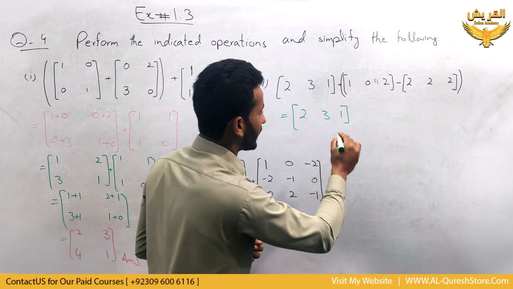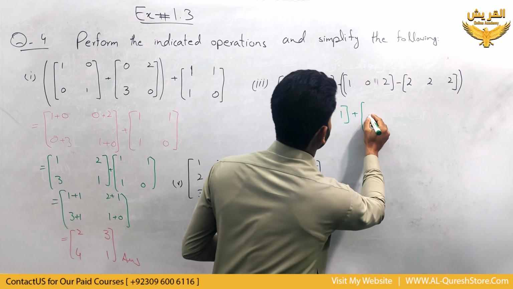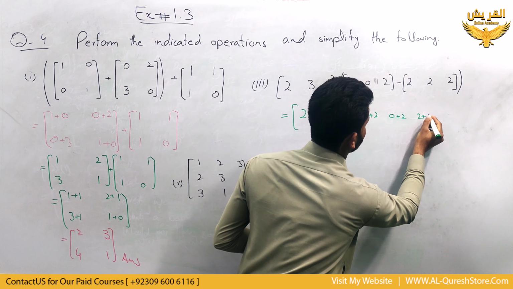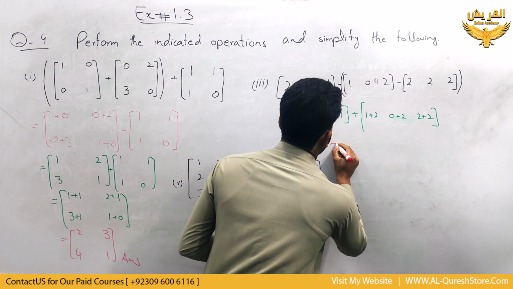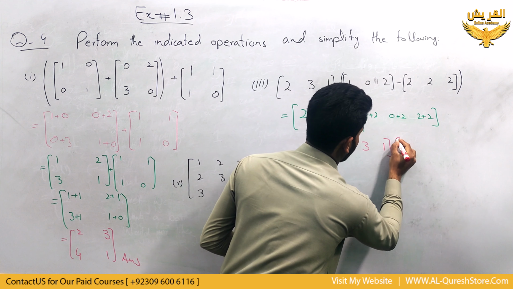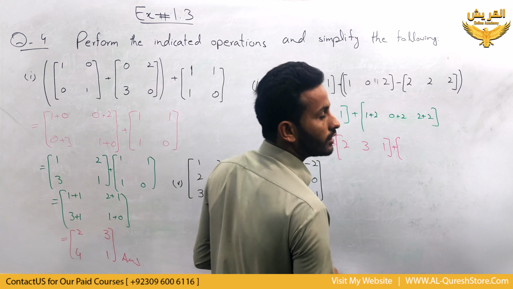The first matrix remains the same, added by this matrix: 1 plus 2, 0 plus 2 and 2 plus 2. By adding them, the first matrix remains the same, 2, 3 and 1 plus 1 plus 2. Sorry, it was